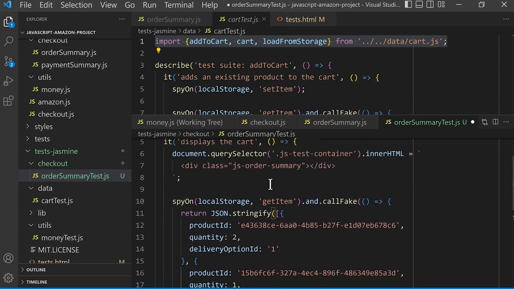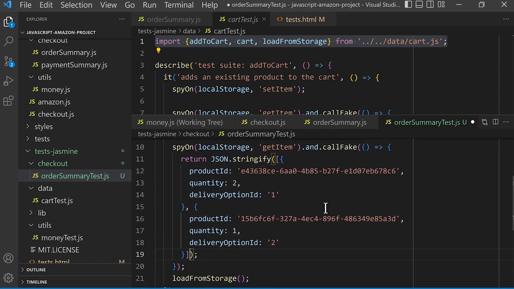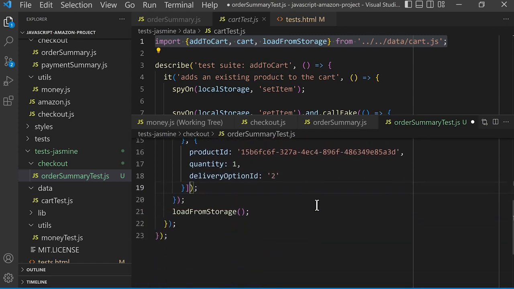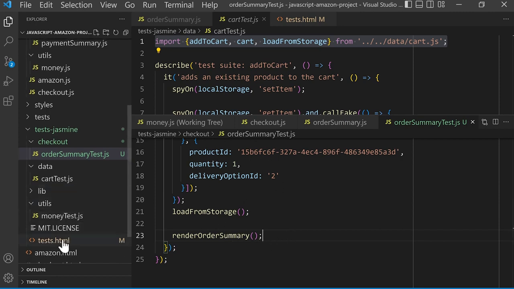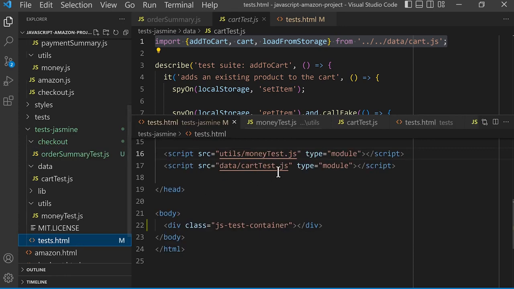And inside these brackets, we're going to right click and paste that default cart. And now that the HTML and the cart is set up for this function, at the bottom, we can call the function render order summary and brackets and save. So now let's run this test file. We're going to open test.html, and then